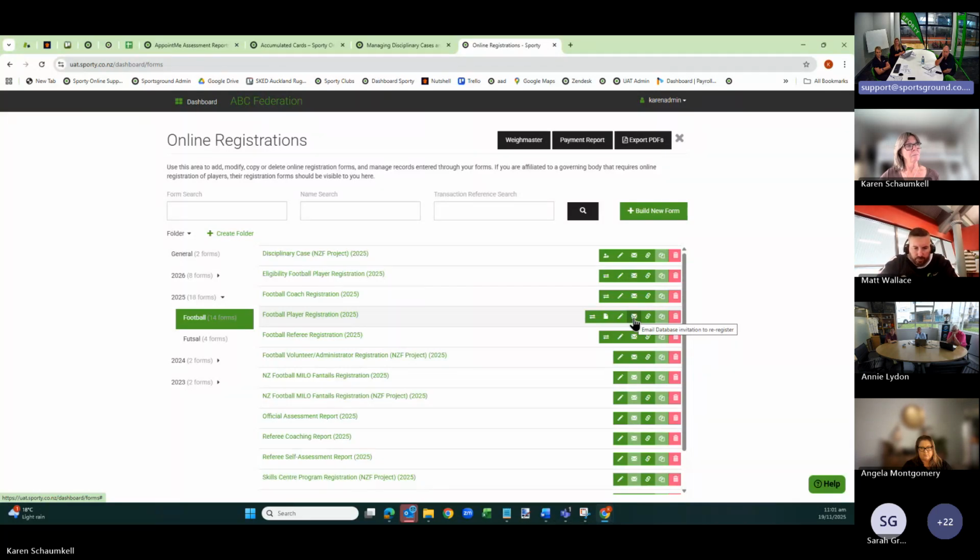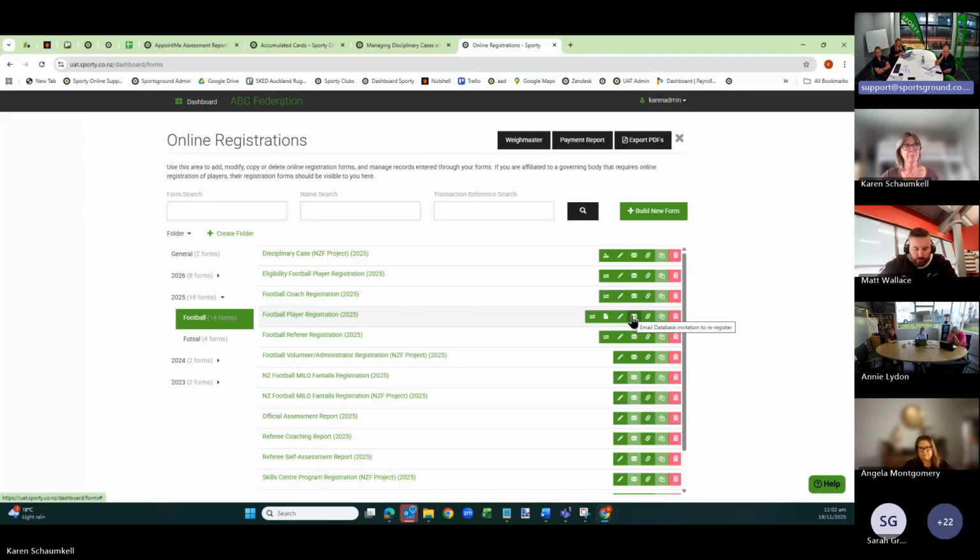It's a really quick method that you can invite everyone to re-register by utilising that icon. It will only send an invitation to people who have not yet registered for the new season. So you can hit that icon 17 times in a season if you want to, until you know that everyone that should have registered as a ref has now done so. It will only go to those who haven't yet registered.